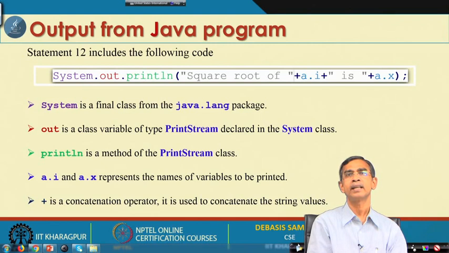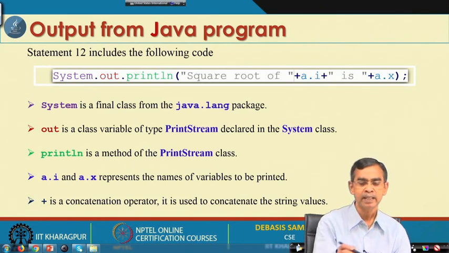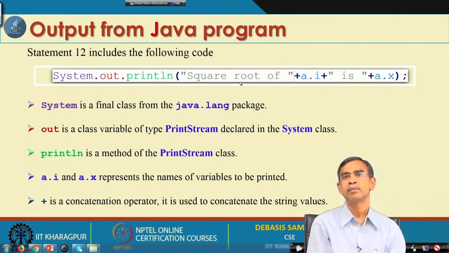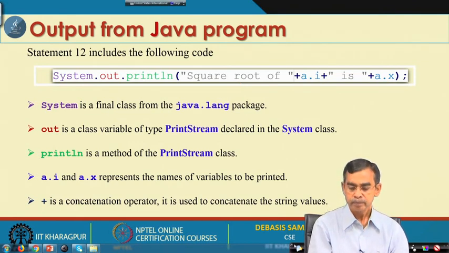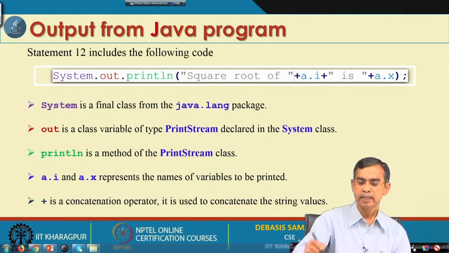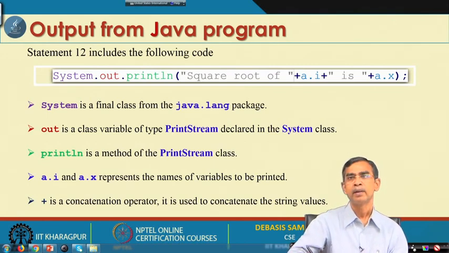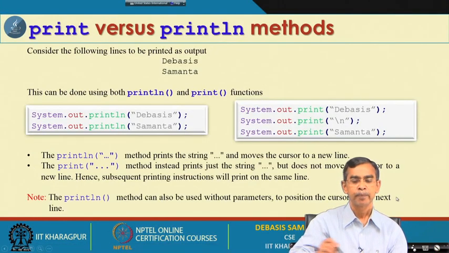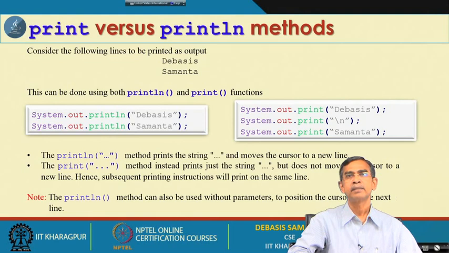All these things regarding the output, System, PrintStream and everything, we have planned a detailed discussion when we discuss the input output stream concept. They belong to input output stream. Here it is basically an output stream, because System.out.println outputs some string onto the screen. So, this is the concept of System.out.println, which we have frequently referred to in our earlier examples. As I told you, it has many variations, println, similarly print.